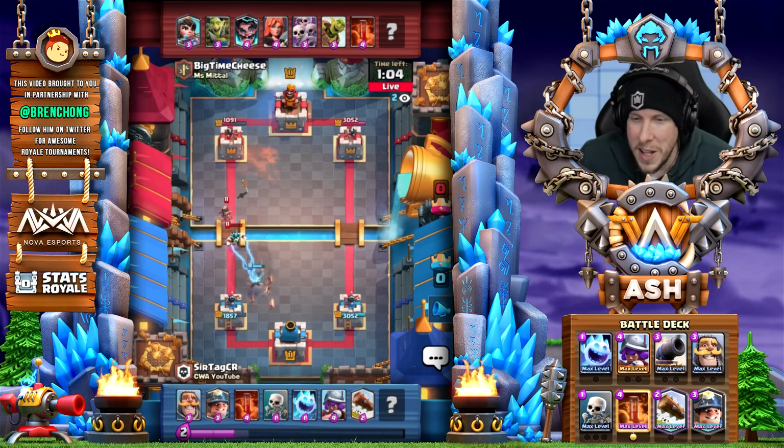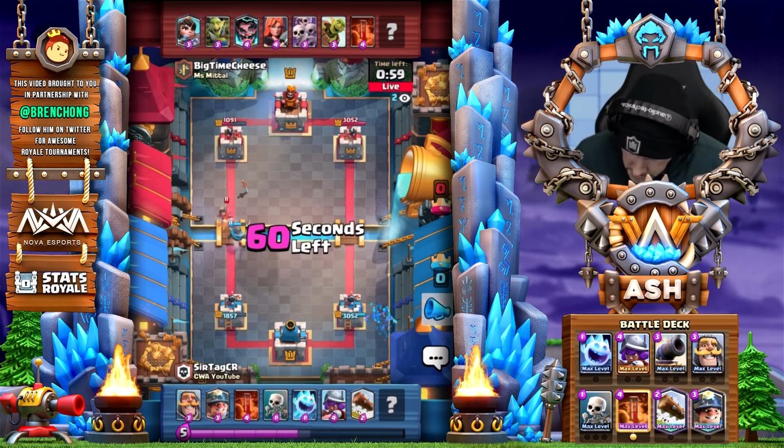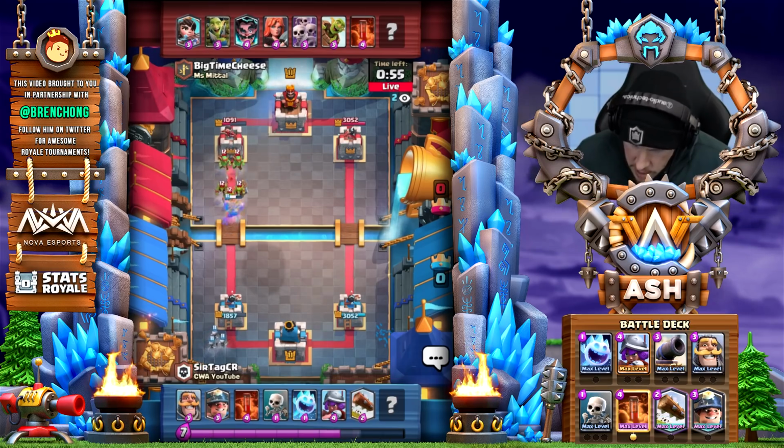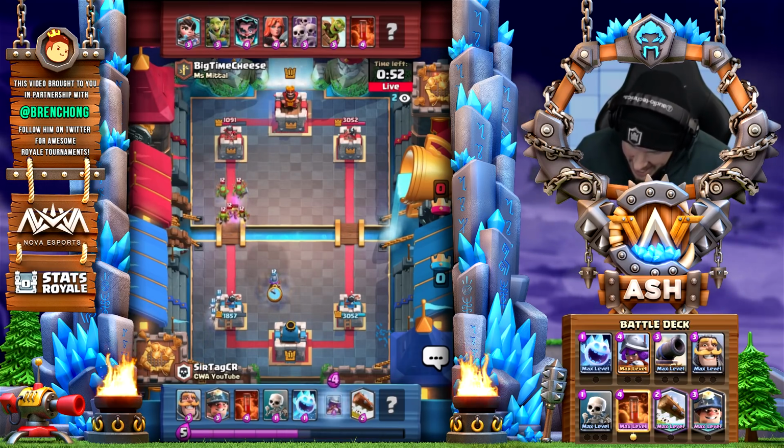Got him. Oh, good call. Chief, this is it. And that's going to be dead. It's going to be a dead princess. Unlike the mortar, it doesn't redirect onto my tower, Ash. It's not happening. What about...